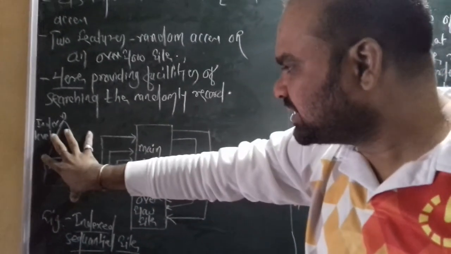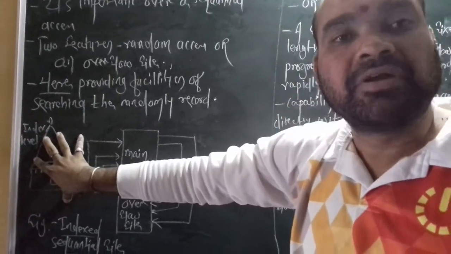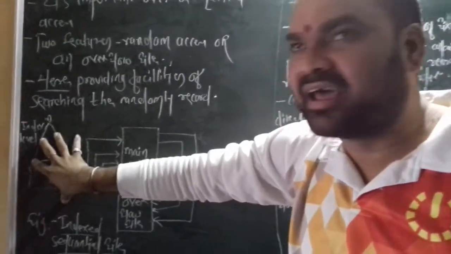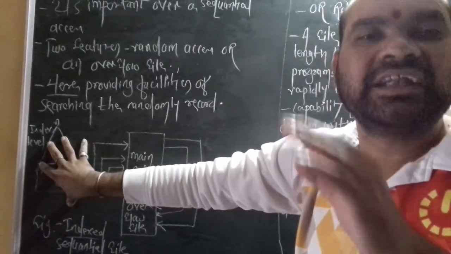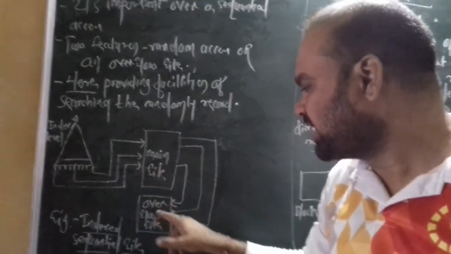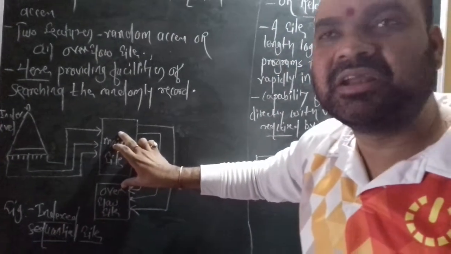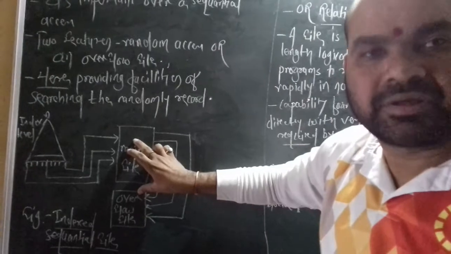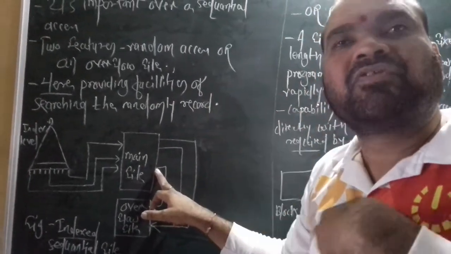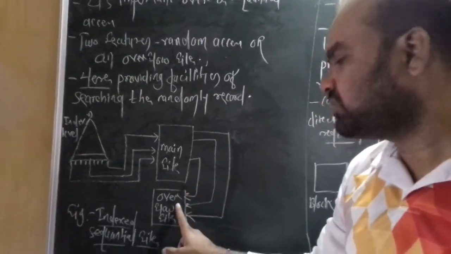Now, this index level is exactly a particular file. In that particular file, all records or information are gathered and arranged sequentially, like in an index format. Okay, now these records are arranged in two files, main file and overflow file. The records we want are stored in the main file. And apart from the searched records and main file records, all other records go in an overflow file.